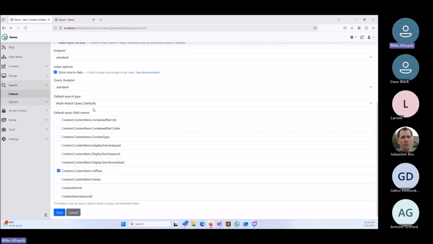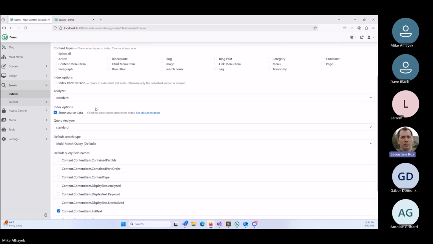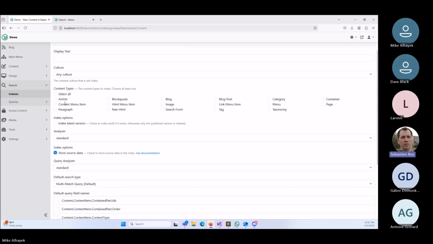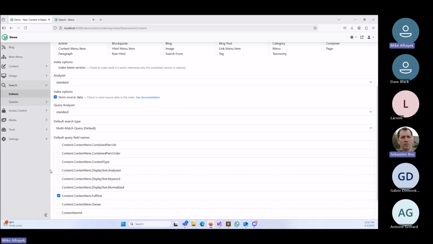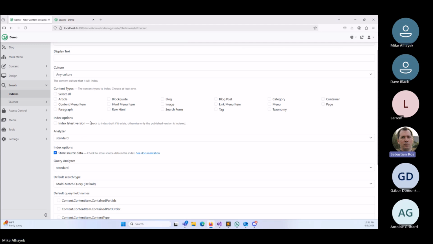It has to be, what is it? So here you have 10 fields: display text, culture, content types, index options. So this is custom, this is custom, this is custom here, these two. I don't know what custom means. What I will ask is,